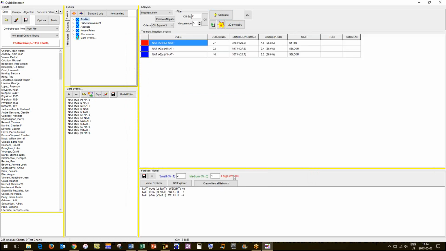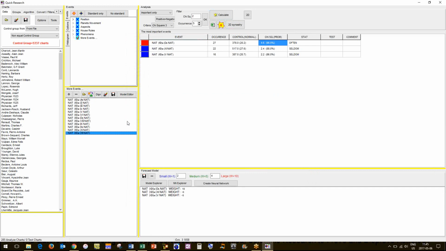There we go. So doctors usually have more in the 7th house, not as much in the 11th house, and not as much in the 5th. So the 11th, 5th is seldom, whereas the occurrence in the control group, you can see it's higher. It's often 4.6, chi-squared is pretty high. Anyway, that's basically, in a nutshell, how you work on developing models.